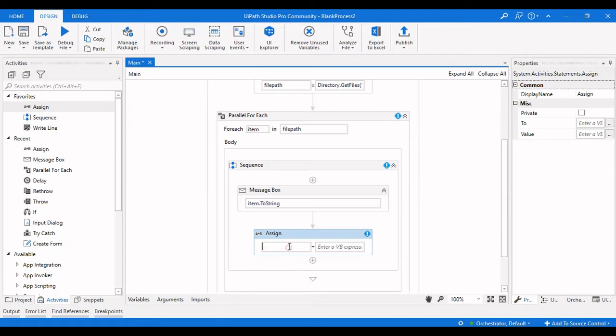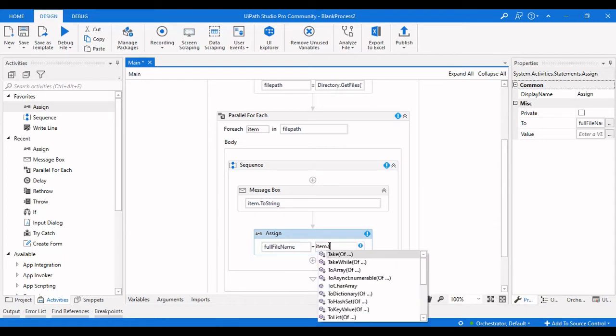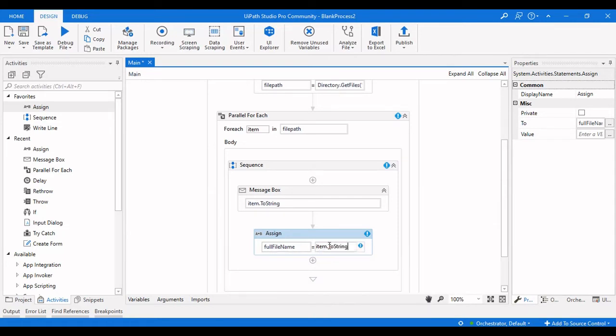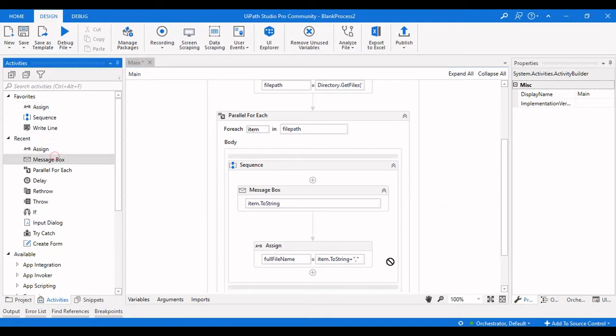So let me create another variable which is full file name, and in this full file name I am going to combine item.ToString plus a comma separator. So if I take a message box here,